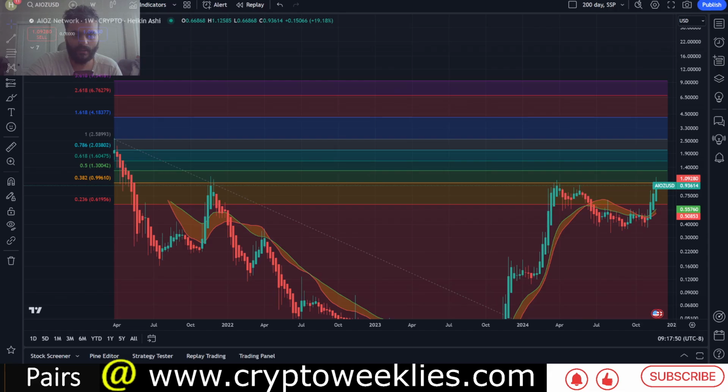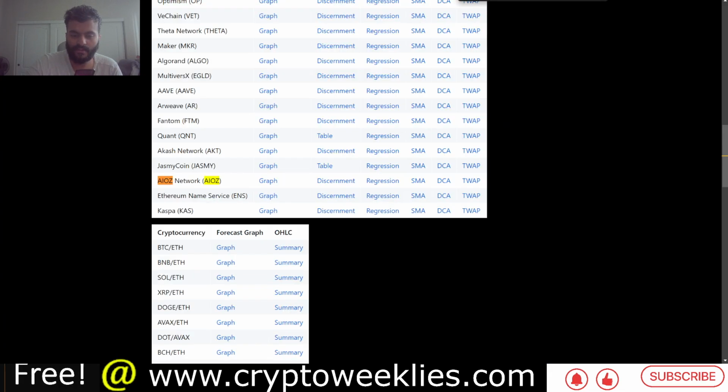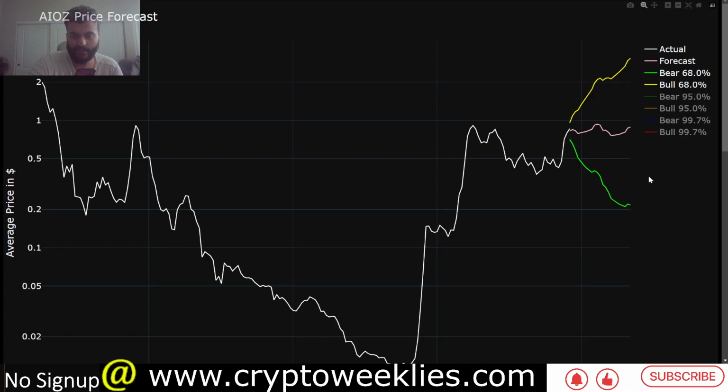Now we'll lean on our machine learning based price forecasts and look at what is theoretically possible for AIOZ, now that we are again in the middle of a bull rally. The directionality based model says that the price moves sideways. The bull case is this yellow line, based on our machine learning model trend on the weekly price action for AIOZ since about 2021. The bull case predicted by the model is between 95 cents and $3.08 between now and early May of 2025. The bear case is between 22 cents and about 70 cents.